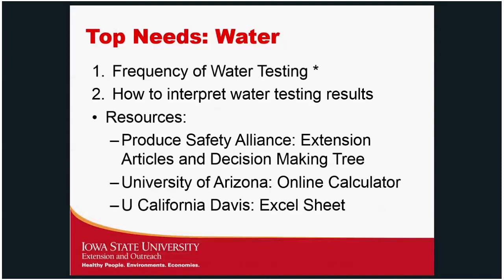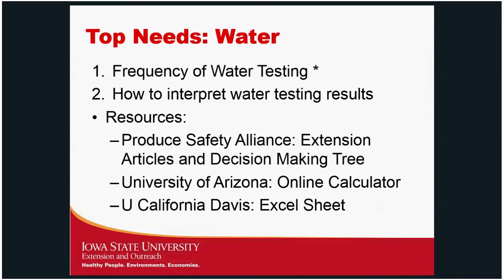So let's talk about what the top needs were. The first one was related to water. The water portion of the produce safety rule has been the major bottleneck for a lot of people: not knowing, is their water safe, how to test my water, when to test my water, where can I send my water samples to be tested, how frequently do I need to test my water source if I need to be in full compliance of the rule. And so it wasn't a surprise that within Illinois, the number 1 need for water was the frequency of water testing. And then the second one being